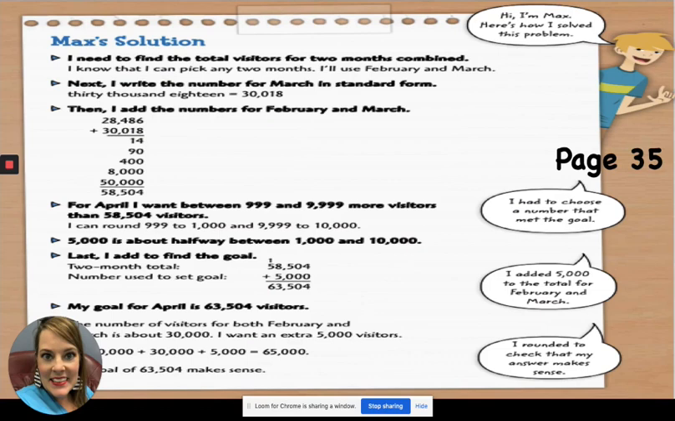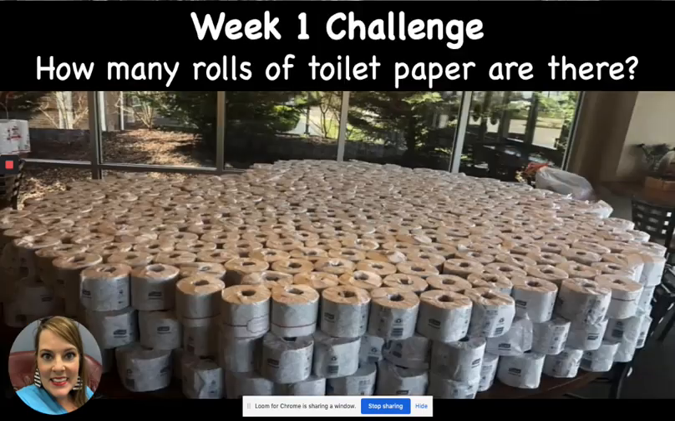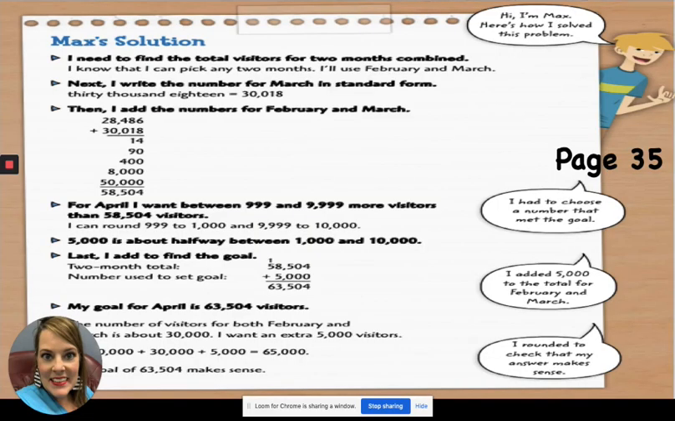So he wrote that in standard form because it's easier to add when you have it in standard form than it is when you have it in word form. So the next step. Then I add the numbers for February and March. So he's got 28,486 for February and 30,018 for March. And he's added those up. And you'll notice that he added them up using the partial sums method that I showed you in the previous example. And he started in the ones place. And he just added those up. So the next step, sorry about that. The next step would be for April, I want between 999 and 9,999 more visitors than